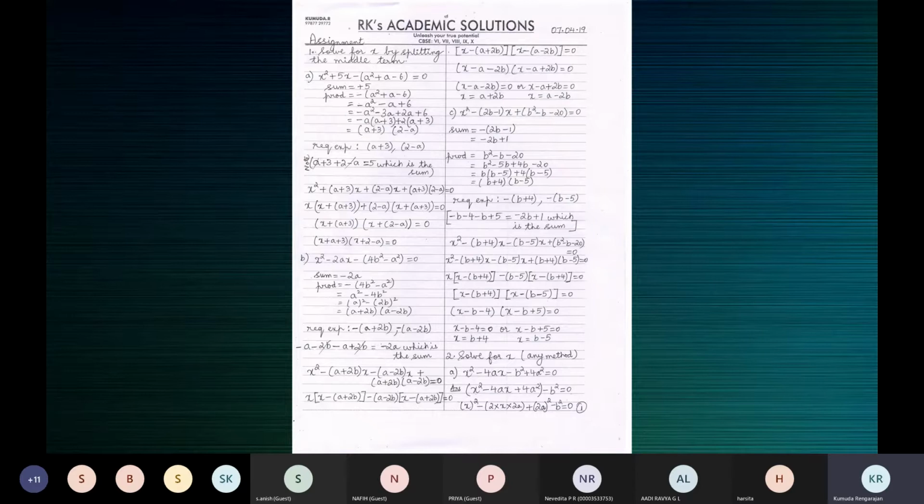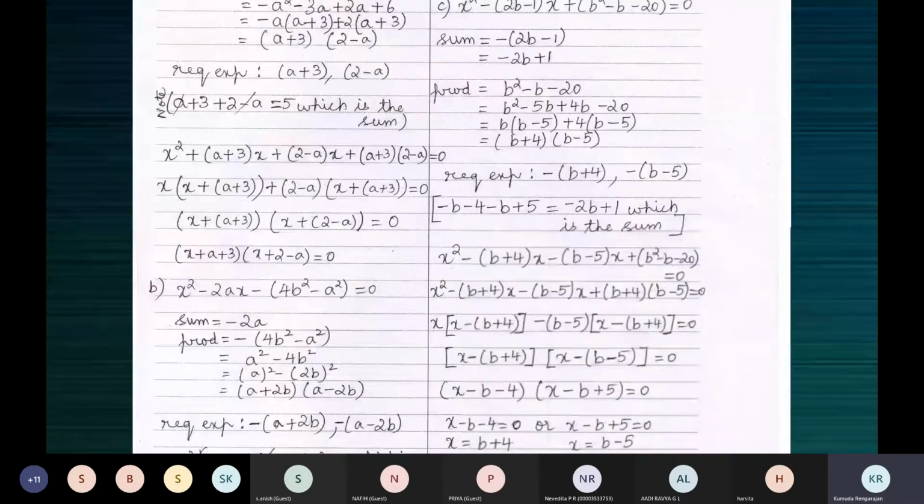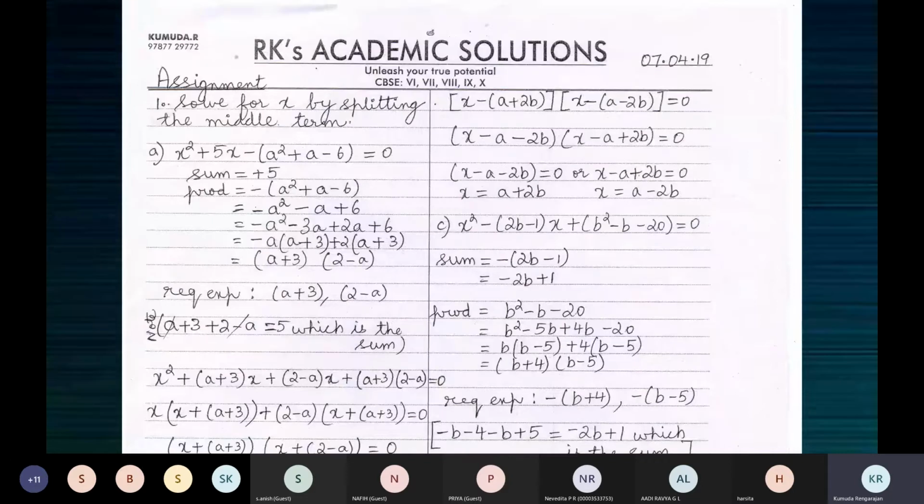So today we have this new chapter, quadratic equations. We have seen the standard form. We've seen what a quadratic polynomial is in the chapter polynomials. In the chapter polynomials, we have dealt with linear polynomials, quadratic polynomials, cubic polynomials, biquadratic polynomials. So now tell me, what is the standard form of a quadratic polynomial?